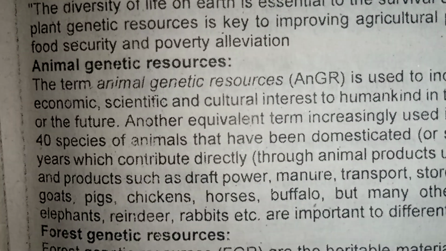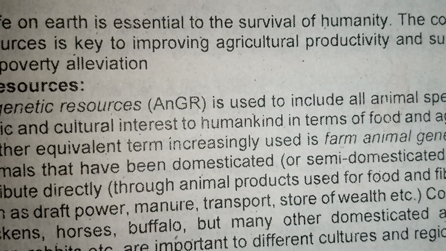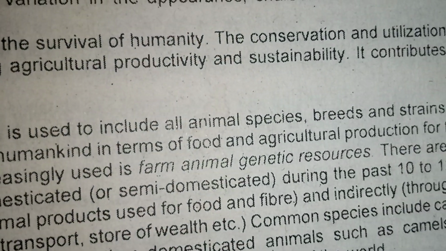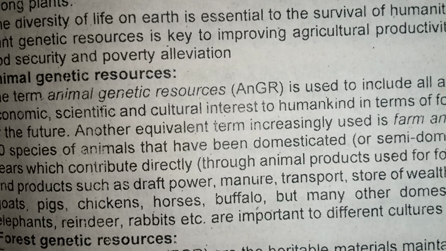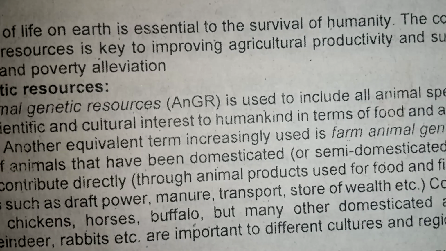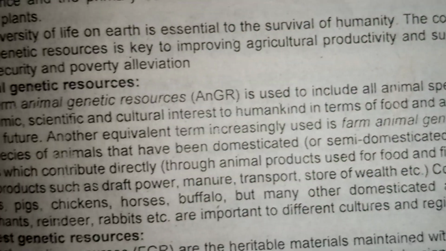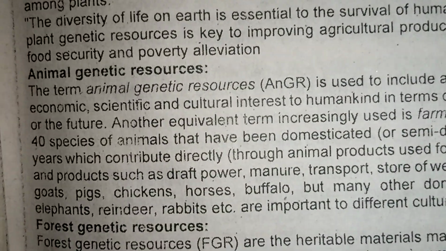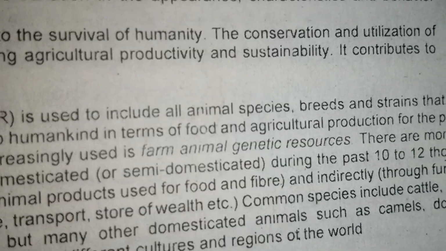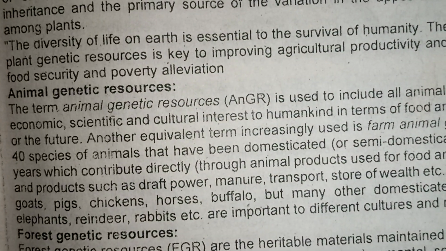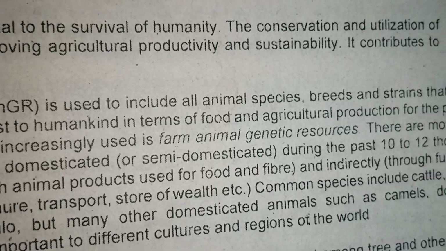Second type is animal genetic resources. The term animal genetic resources is used to include all animal species, breeds, and strains that are of economic, scientific, and cultural interest to humankind, and in terms of food and agricultural production for the present or the future. Another equivalent term increasingly used is farm animal genetic resources. There are more than 40 species of animals that have been domesticated or semi-domesticated during the past 10 to 12,000 years,